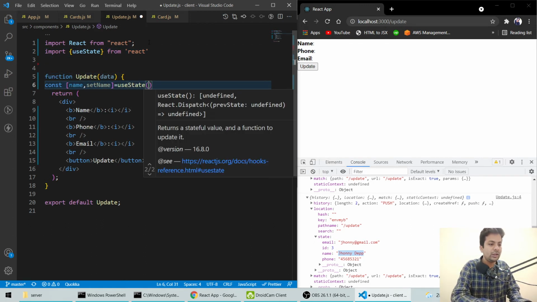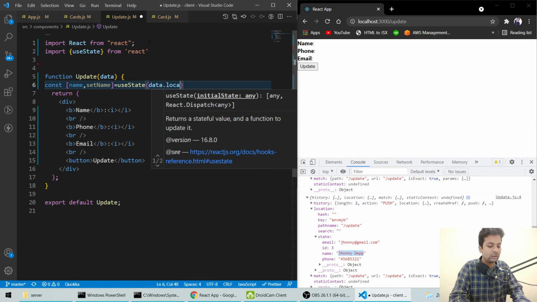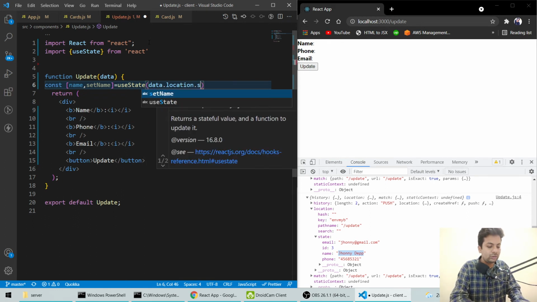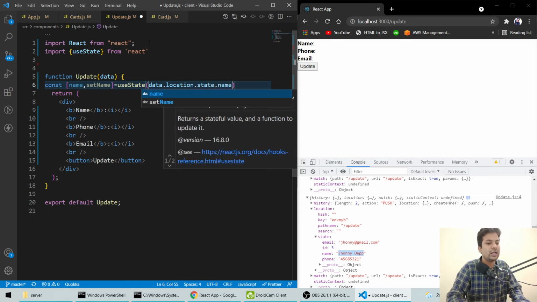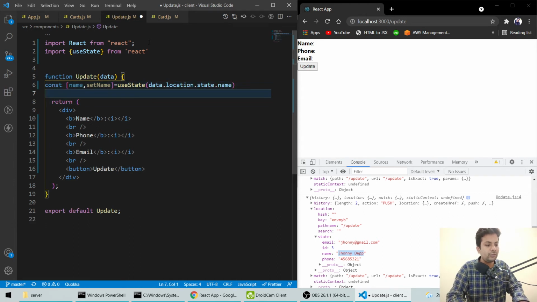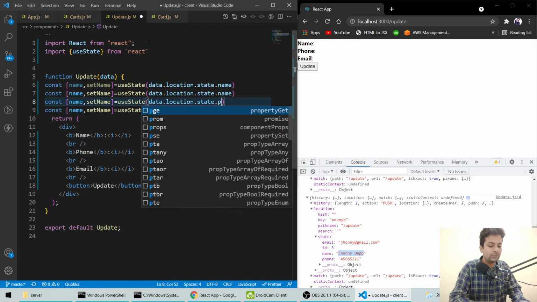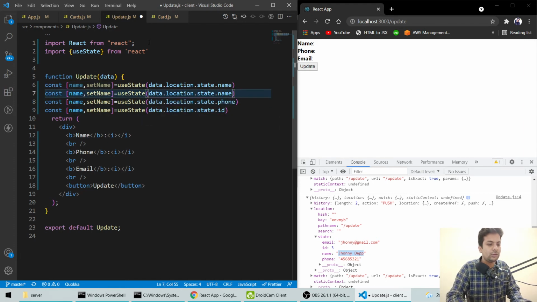Now here we'll say data.location.state.name, so that's where the data is coming from. Now we'll just copy this for phone, for email, for ID, and same thing here also.